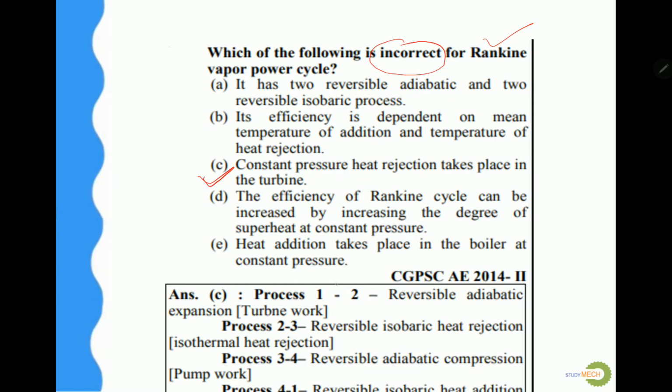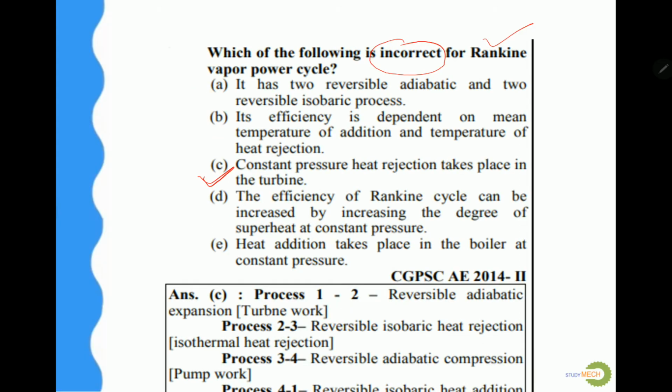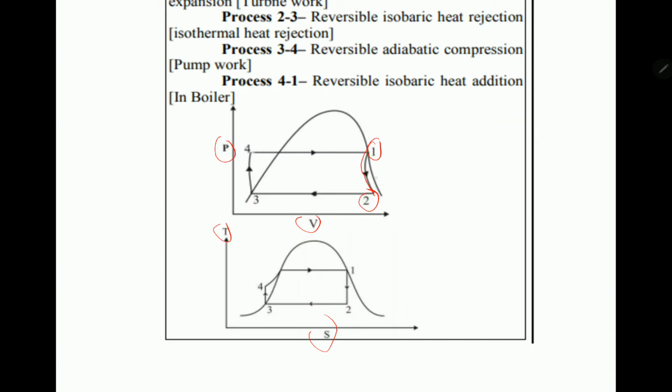Process 1 to 2. So here we can see process 1 to process 2. This is the PV diagram and this one is the TS diagram. Process 1 to 2 is reversible adiabatic expansion and it is known as turbine work. So here we can write Wt,